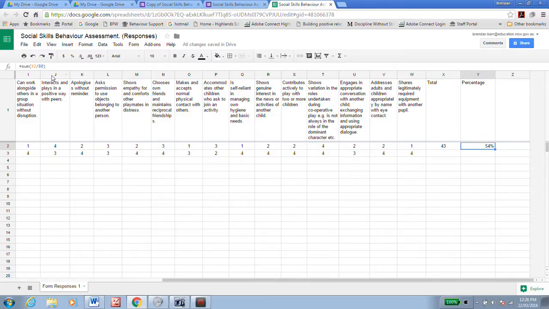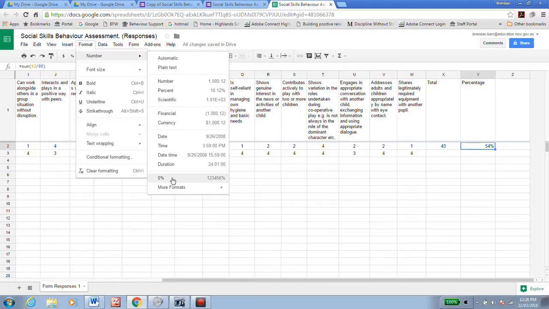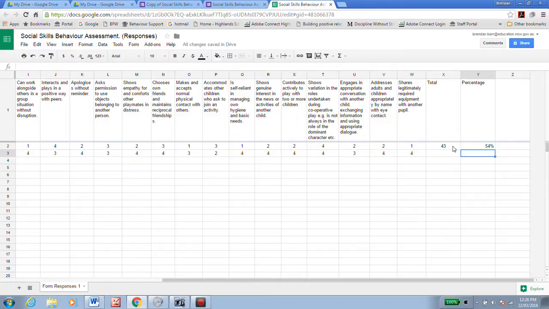How did I make that formula? Well, I said equals sum bracket X2, which is the total there, divided by 80 with an end of bracket. And then after that, I went into format, number, and I chose percentages there, and that's how it turns it into a percentage. Now, of course, you might end up with 20 or 30 students who you have assessed